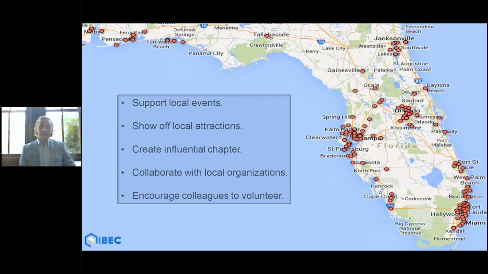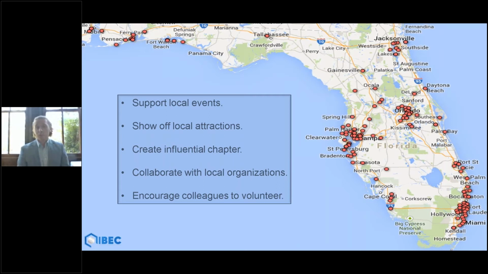One thing to note is that IIBEC members have access to all local affiliated chapters. So if an IIBEC member lives in Atlanta, but is traveling to Denver for work, or maybe is posted to Denver for a couple months, they are welcome to engage with that Colorado chapter and attend their events, even if that's not their home base chapter.